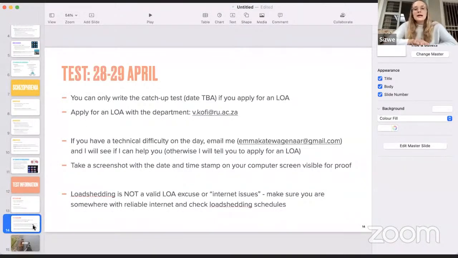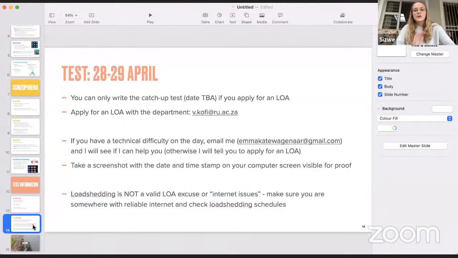You can only write a catch-up test. So say you missed the test on Thursday, Friday. You can only write a catch-up test if you get an LOA. If you do not get an LOA, you get 0. You get nothing for your test, okay? And I'm not going to be lenient on that. Department says LOA to write a catch-up test or 0, okay? You apply for an LOA with the department, Vuyo, okay,